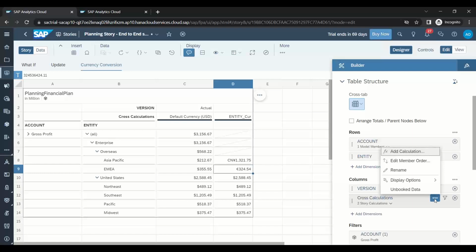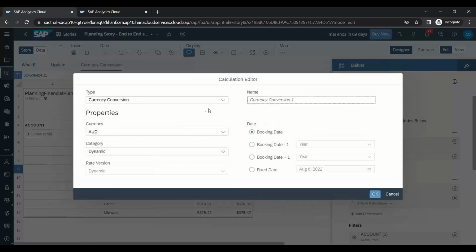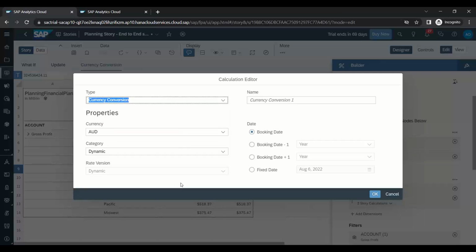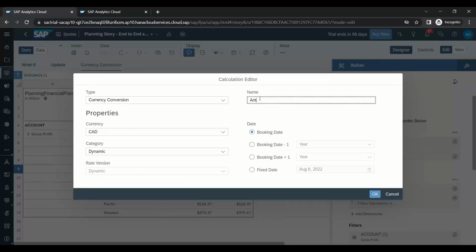I click on more option and I can say add new cross calculation, and I want to do a currency conversion. So you can see there are a lot of different things you can do in cross calculation when it comes to planning. So we want to do currency conversion, and now I will want to convert everything to Canadian dollar. And I will say amount in CAD. Perfect. I click on OK,